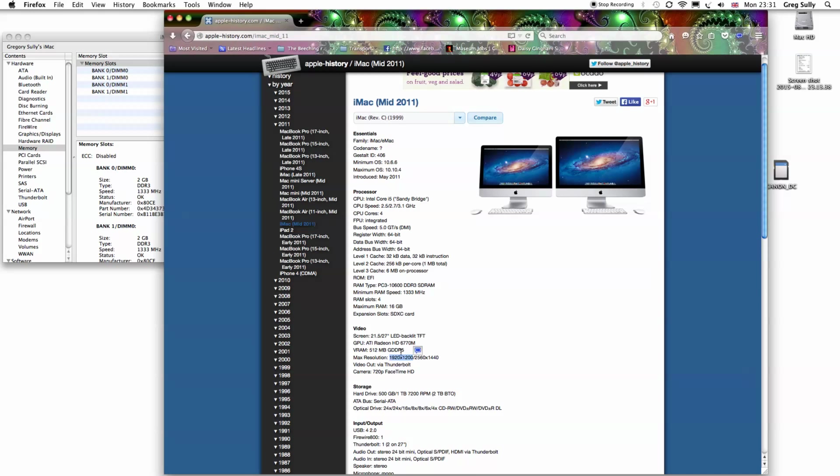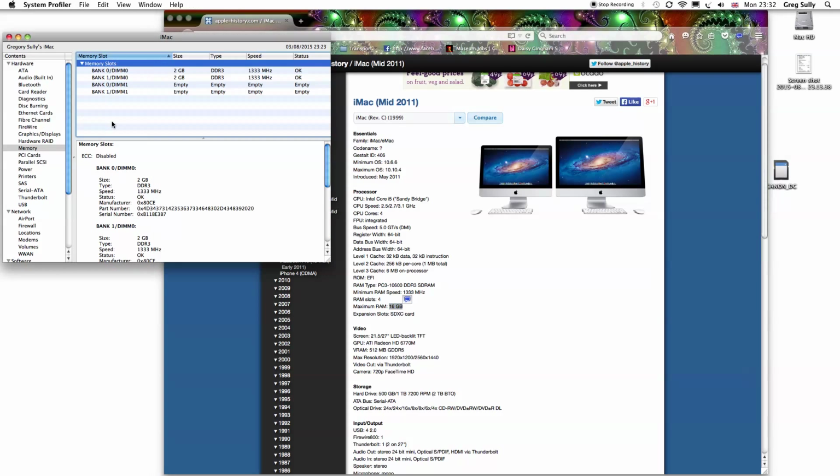So we know here that the amount of memory that the computer can have is up to 16 gigabytes. So if you wanted to make the machine a little bit faster, that's one of the options you can go for, which is to increase the amount of memory. So in my case I need to get 4 sets of 4 gigabytes, so it's all equal